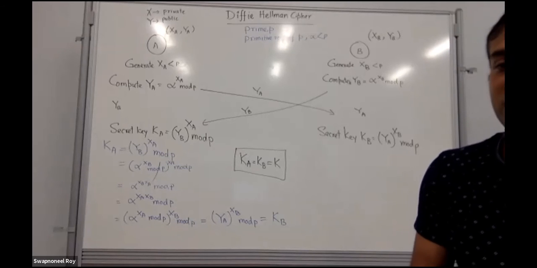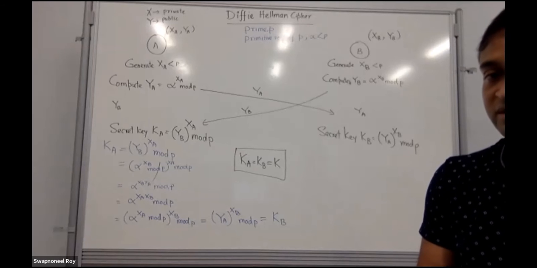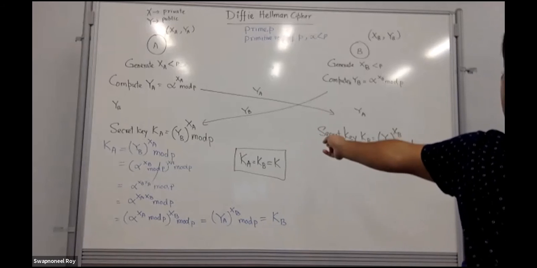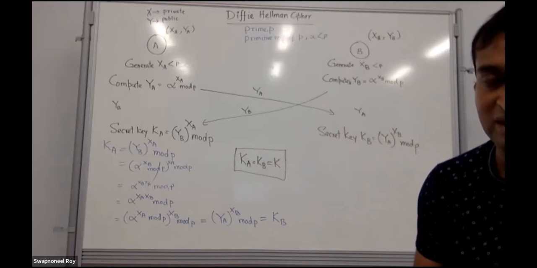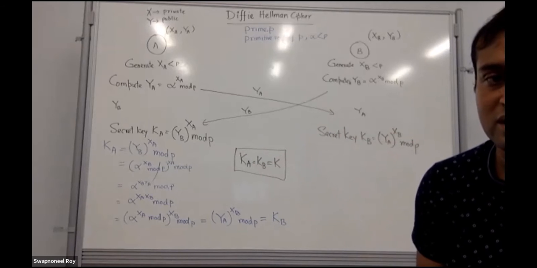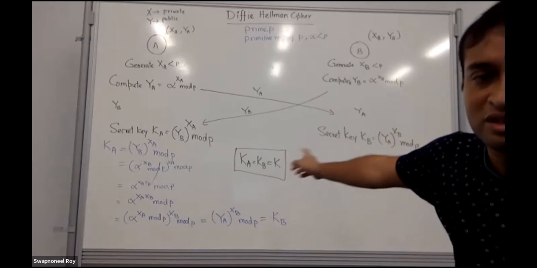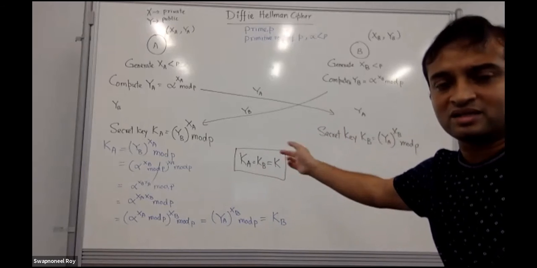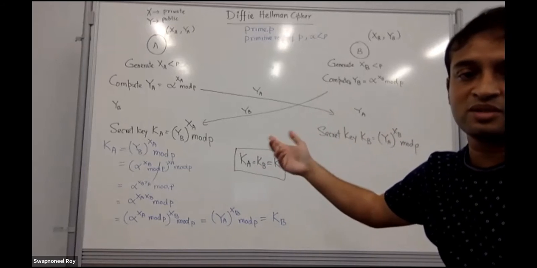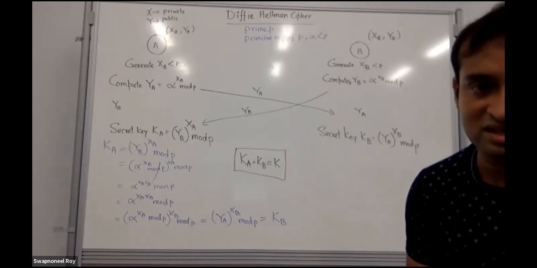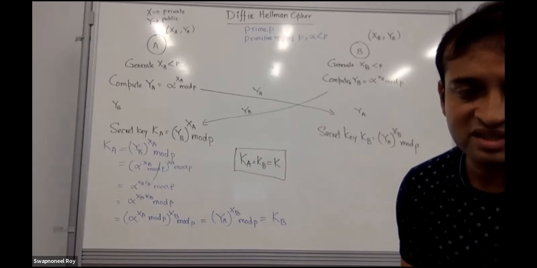Okay, we'll pause for a bit. Do you have any questions? So now that proves that they compute the same secret key on both sides. And that's how a secret value is successfully exchanged between the two parties in communication. And now you can use this secret value as a key for the Advanced Encryption Standard and use a symmetric key cipher. That's exactly how it is done.